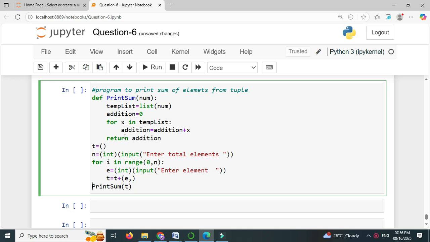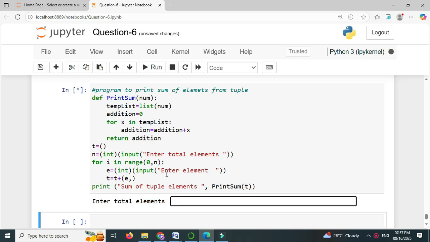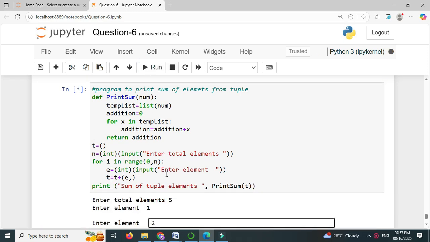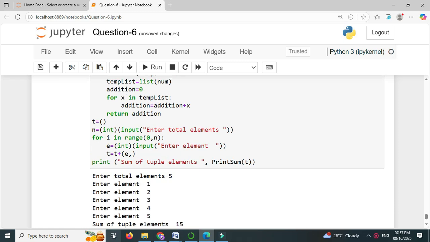Since the function is returning the value, we will call this function with print statement. So print sum of tuple elements, we will call the function print sum, and we execute. I will enter total number as 5 and I will enter the number. It will print sum of tuple element as 15, since 1 plus 2 plus 3 plus 4 plus 5 is